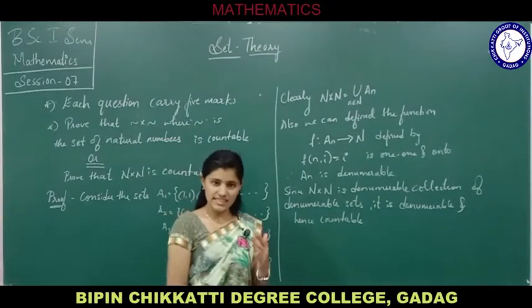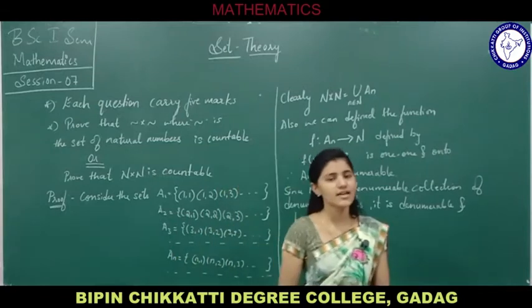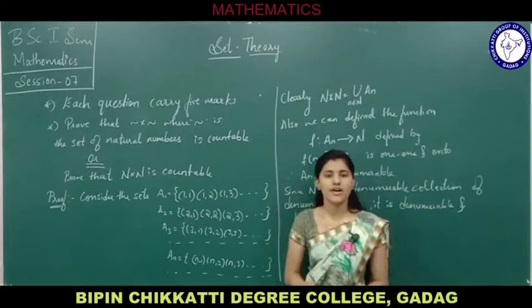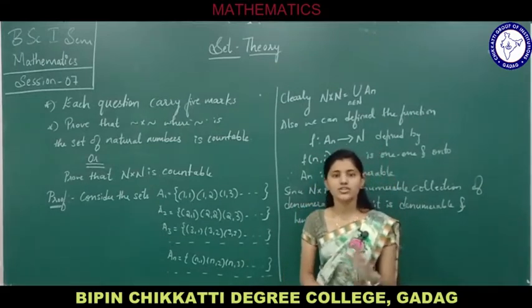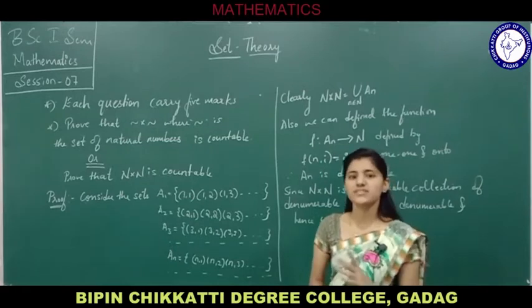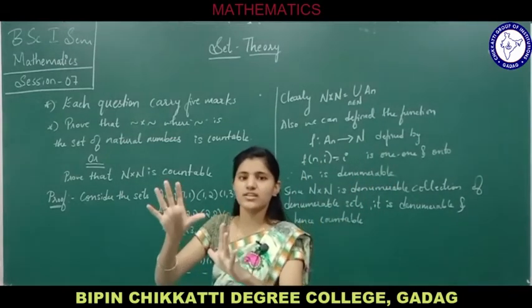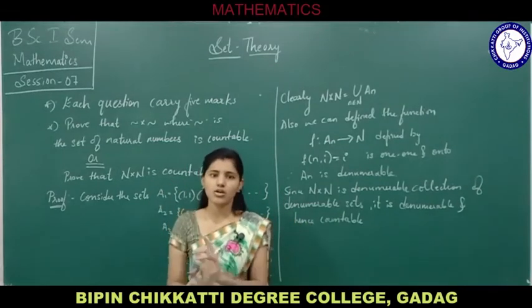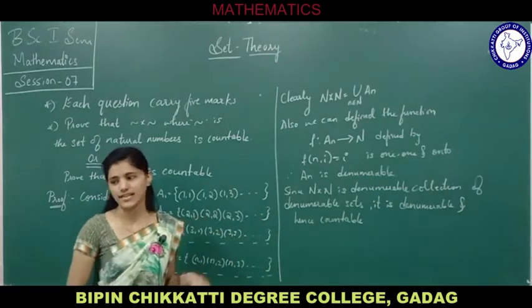So now till this we have discussed each question carrying 5 marks. We have discussed various problems carrying 5 marks. Now we are going to continue our discussion with questions carrying 10 marks. See, what happens generally is, 10 marks, in the sense we generally don't get a question of 10 marks only. It will be either in the form of A and B or a question completely carrying 10 marks. So now we shall discuss questions carrying 10 marks.